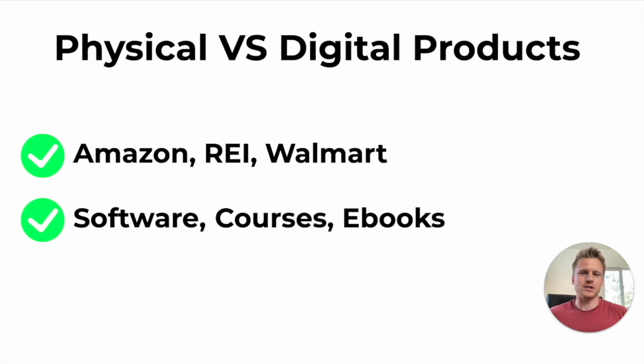There are two different ways you can go about doing affiliate marketing. Number one is you could recommend physical products, and obviously Amazon is one of the most well-known places to do physical product affiliate marketing. You also have places like REI, Home Depot or Walmart that you can become an affiliate for and recommend their products to your customers. You also have the digital product route, which is your software, your courses, and your ebooks. Some software I could think of could be tax software or cryptocurrency software, or you could even promote individuals who have courses or ebooks that they're selling inside of a specific niche.